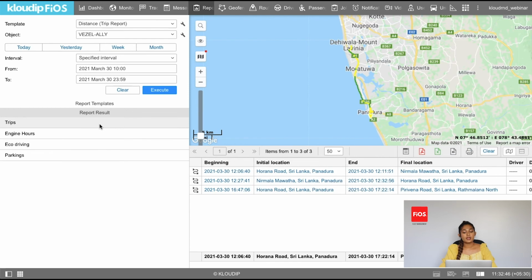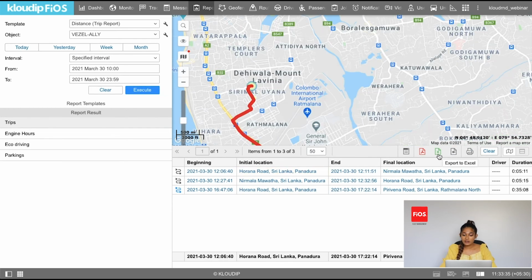So this report can be exported into a PDF or an Excel file, or else you can print it by